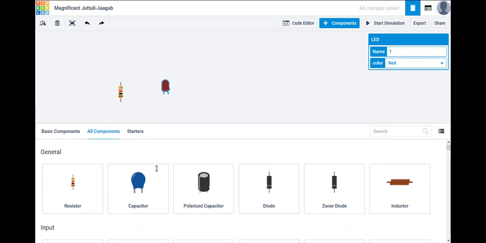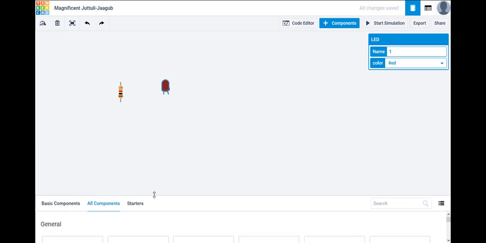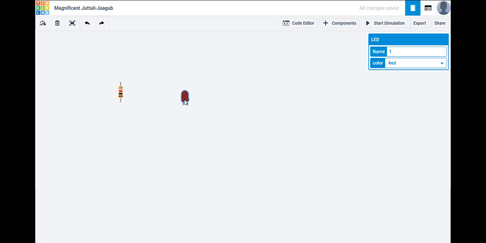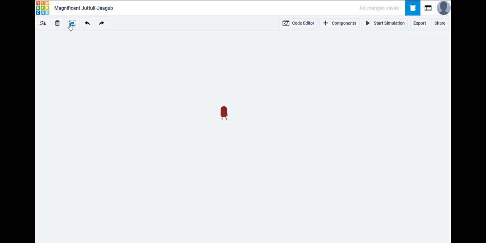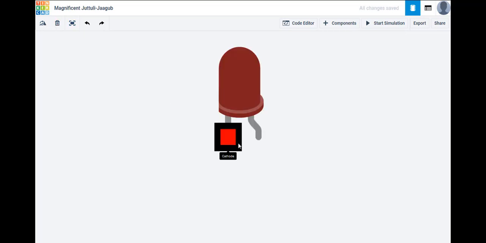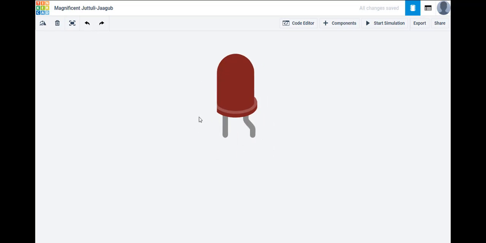So just dragging this down. Components, once they're out in the workspace, can be adjusted with these buttons here. Rotate to any position, deleted. You can automatically zoom to fit the best screen size. And now if I zoom out again using the scroll wheel on the mouse,